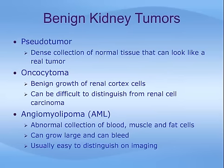There are several non-cancerous or benign tumors that can affect the kidney, and the three most common are listed here. A pseudotumor is a lump that looks like a tumor but is not. It is simply a dense collection of normal tissue, and it can be congenital, meaning that you were born with it. This is not malignant and is usually of no clinical significance, except that occasionally it can be confused with